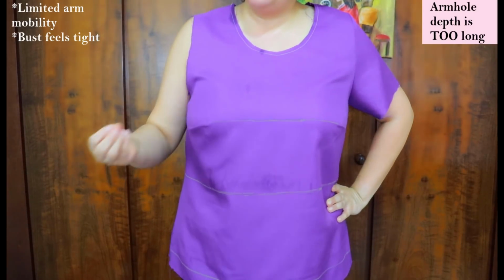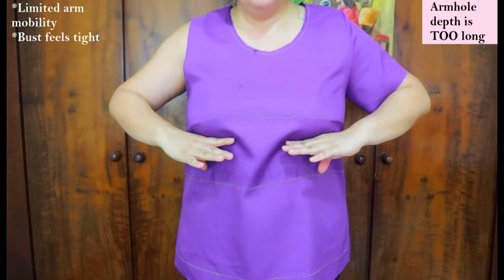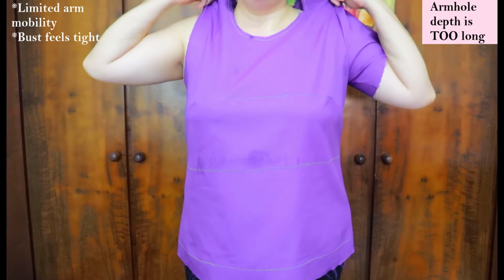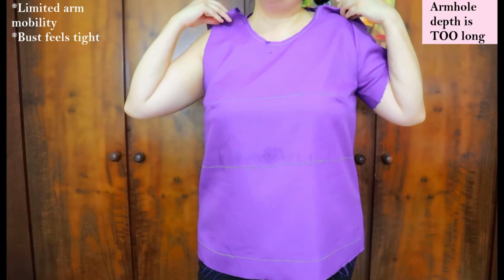And not because the pattern is wrong, it's just that the biggest area is hanging lower on you than it should. So you might find that across you have really tight pulling there. But if you would just hike this up like that, then it would be perfect. On clothes that I bought at the shops,